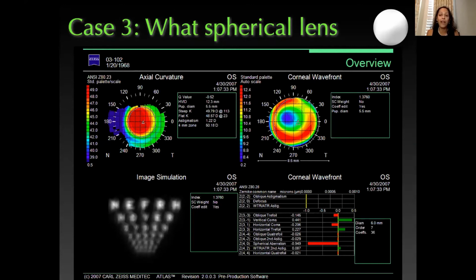This patient did have a history of hyperopic LASIK, and I mean 49 diopters steep K. That's a very unstable peak to their cornea. And when you look down here, it says the spherical aberrations is quite negative, very high, a lot of higher order aberrations, but also very negative. And so this patient, you're really going to want to put something like a positive spherical lens, maybe even an aspheric lens. And you can really showcase with that image stimulation down to the bottom left,